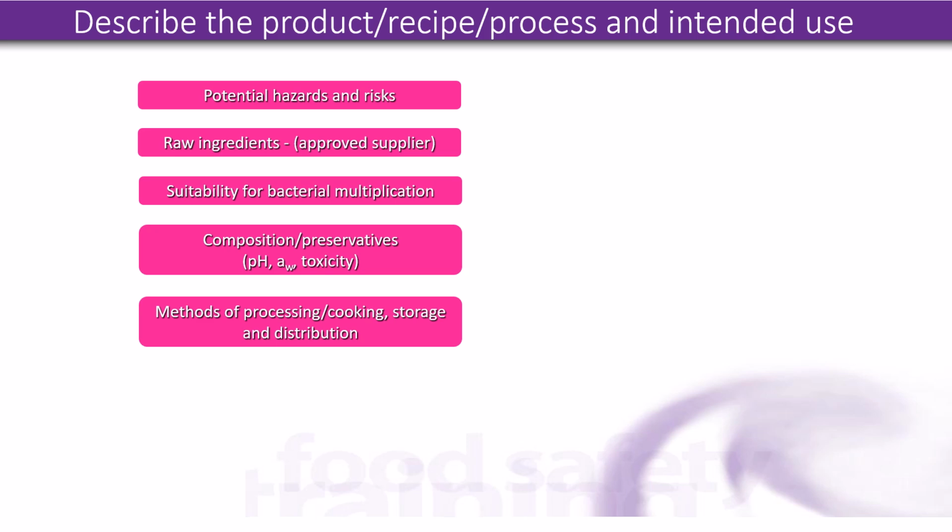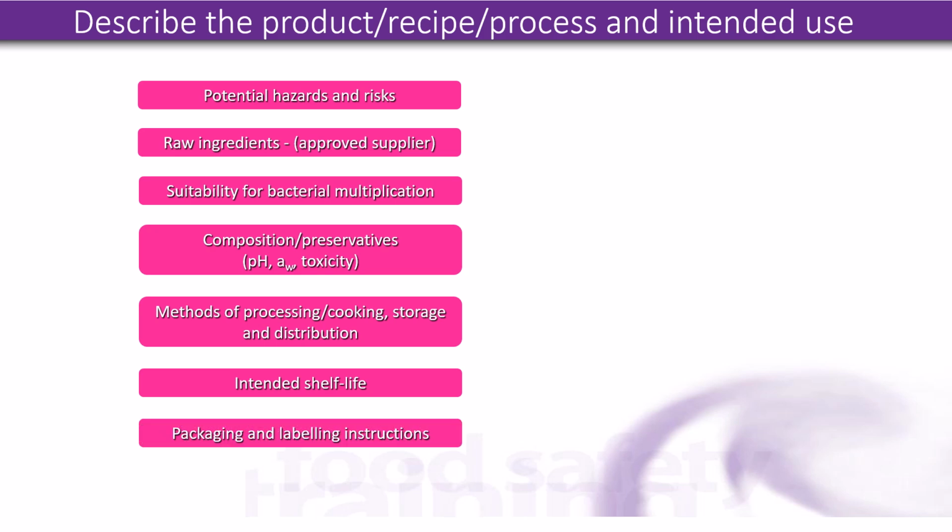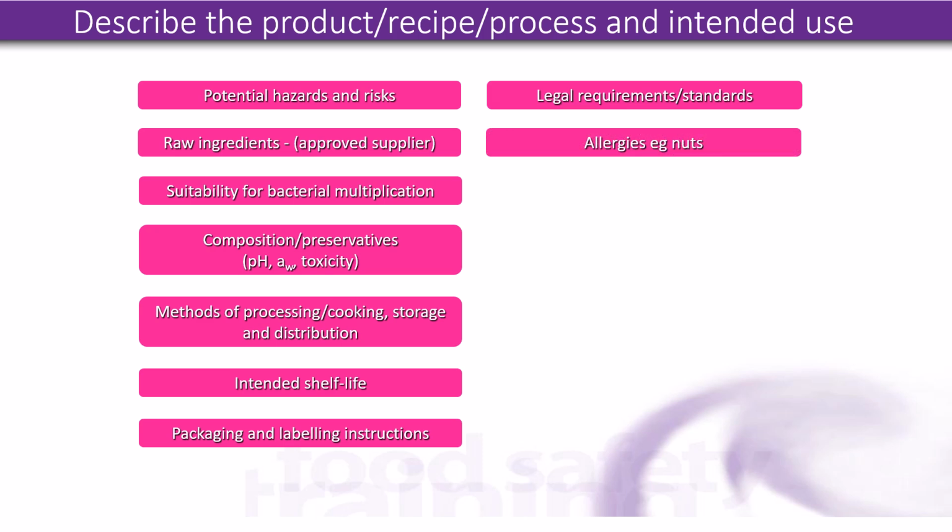The methods of processing or cooking, storage and distribution, the intended shelf life, packaging and label instructions, legal requirements, standards, allergies, for example, does it contain one of the 14 allergens, for example, nuts, sesame seeds,